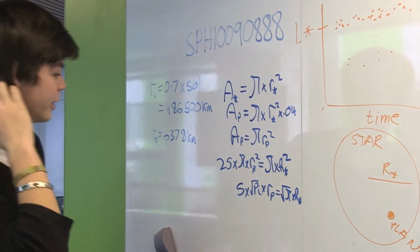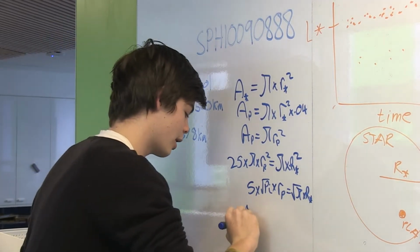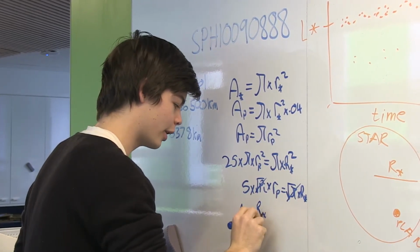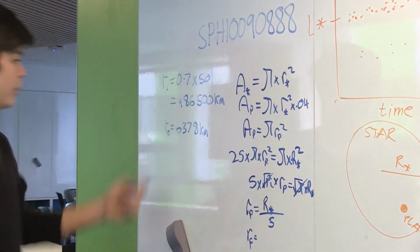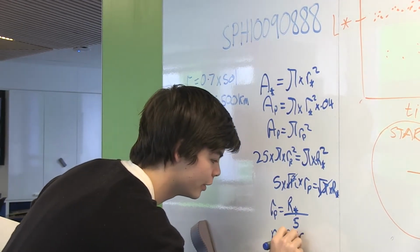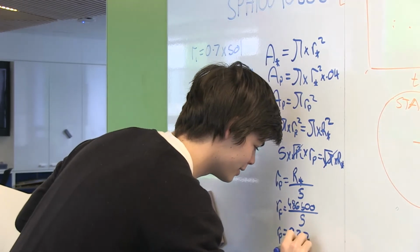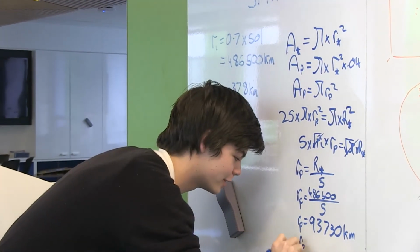From here, we can sub in values that we know. We want to rearrange this to have the radius of the planet as the subject. So we'll go R_P is equal to, we'll just chuck all this on the other side, cancel out the root of pi's, to be the radius of the star over 5. So we know that the radius of the star we have up here is 486,500 kilometers, over 5. That gives us our radius of the planet as 97,300 kilometers, which happens to be 15 times the radius of the Earth,